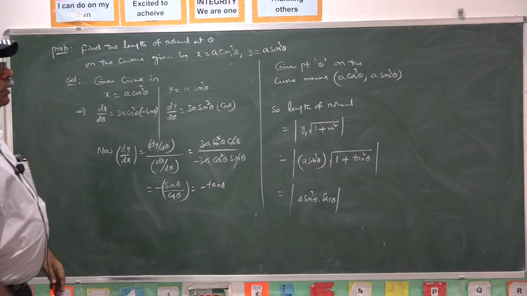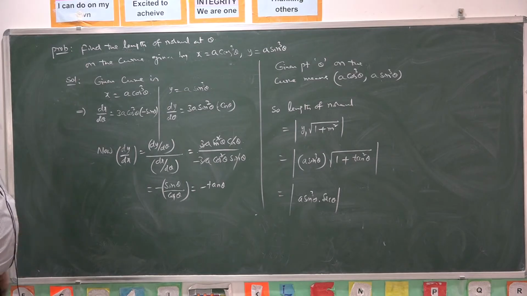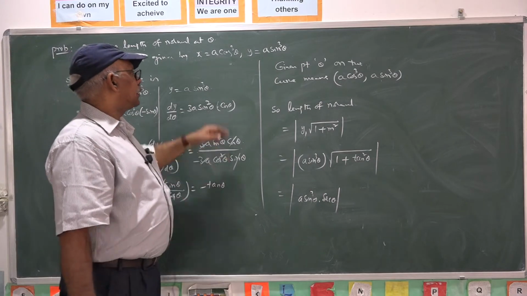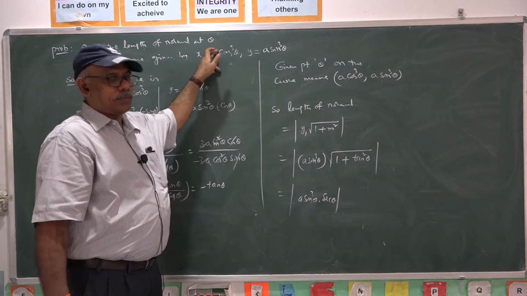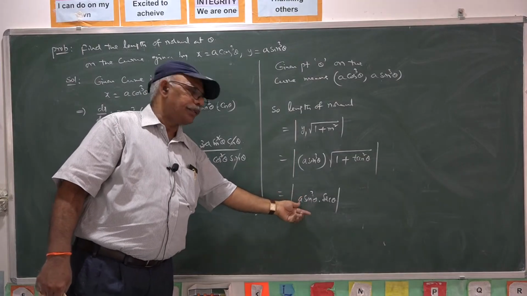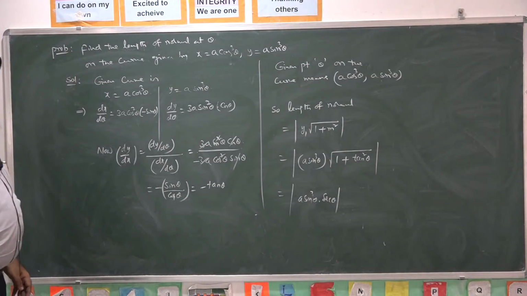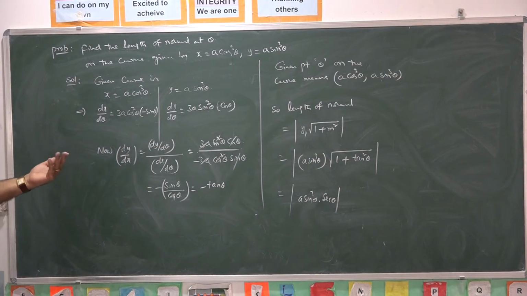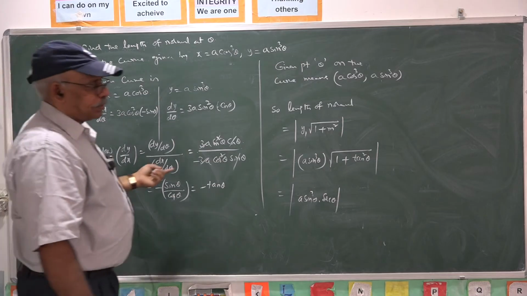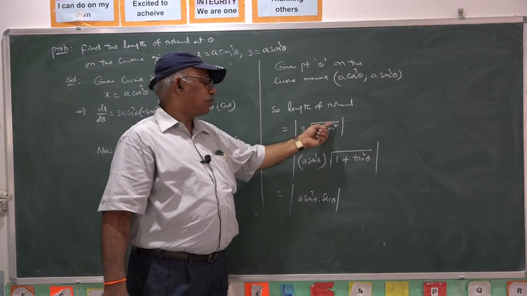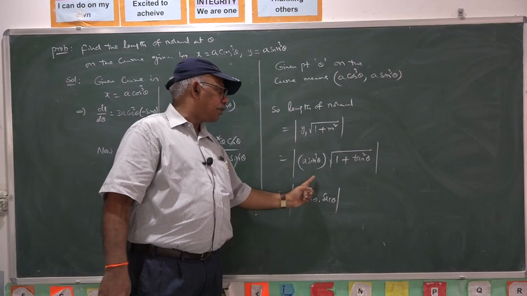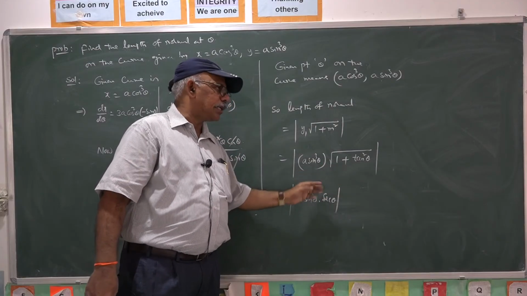That is the length of the normal in this case to the given curve at particularly theta. Once theta is specified as pi by 3 or pi by 4, you can straight away take theta equal to that value in this one to get the length of the normal. Similarly, you can find the length of the tangent also. Length of the tangent is the formula y1 by m into root over 1 plus m square, that is y1 by tan theta, taking minus tan theta, you get the length of the tangent.